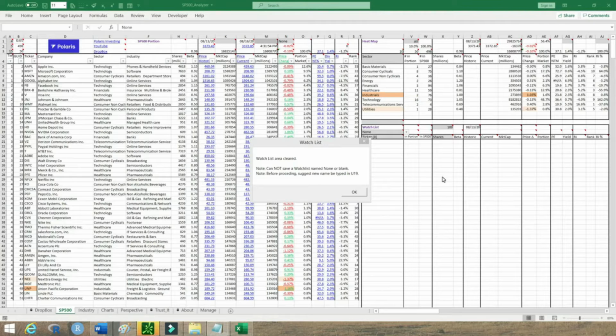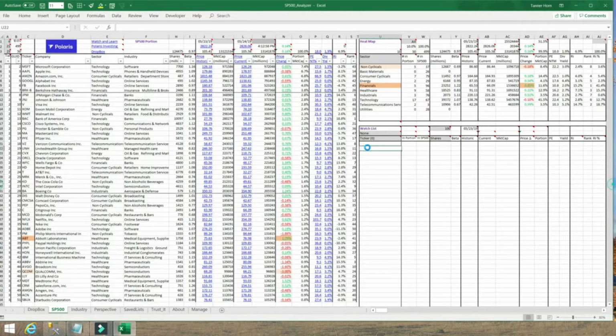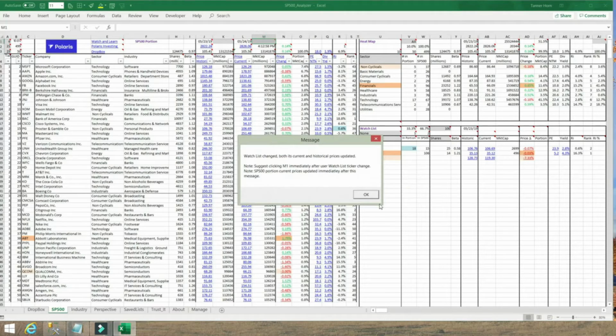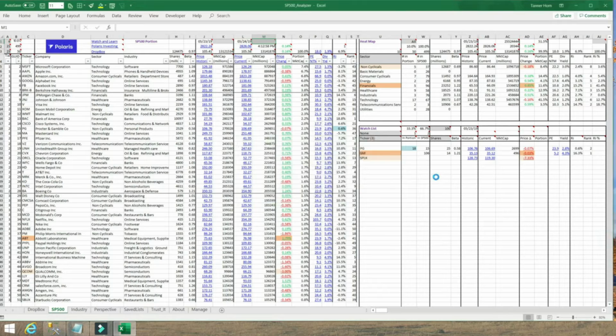Notice that once none is selected, the watch list area is cleared out. That then allows you to come in here at any one of the rows and, let's say, type in the following: Procter & Gamble, General Motors, and Splunk. And I can come over here and refresh the price data, and like we saw when we added additional tickers to the sample watch list, there is some information that's not available, particularly for Splunk, which is not an